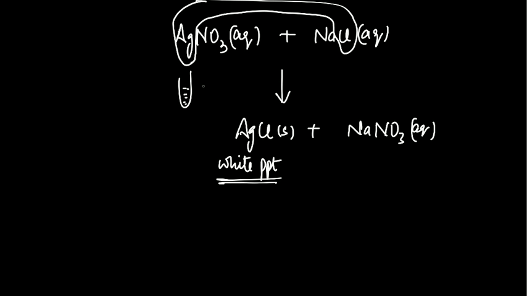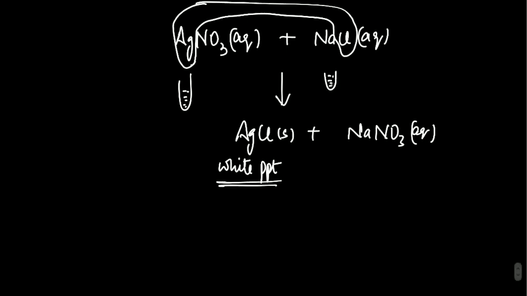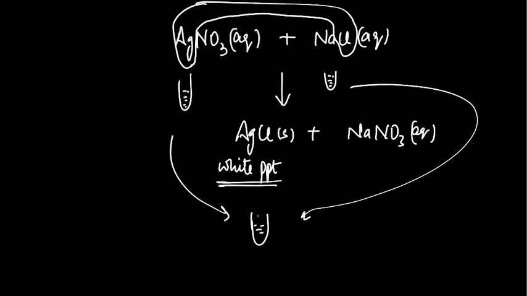So AgNO3, you take some pinch of that, it's a white color salt, and put it in the test tube, put some water in it, and then in the second test tube again do the same thing, take NaCl, a pinch of that salt, it's a white color salt, put it in water. Then in the third test tube you add the contents of the first test tube and the second test tube. You will immediately see some precipitate at the bottom. This is your AgCl precipitate,